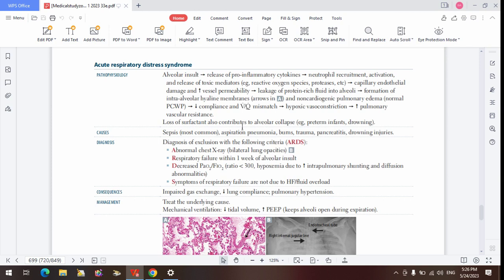So guys, I know that it can be confusing, but once you see something, the next thing you think in your mind is, okay, let me see, can I explain what will happen to the big A or the small A? Now, if this condition happens, will this person hyperventilate? If the person is going to hyperventilate, forget it. Your big A PO2 is going to be normal.